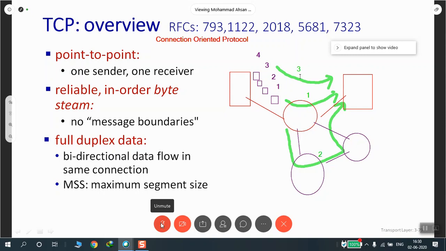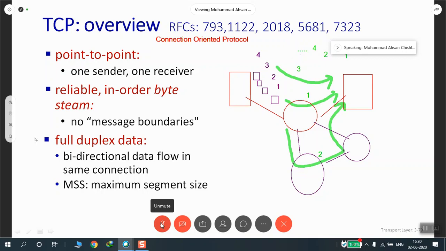In UDP, the packet that arrived here first was number 1. What was the next packet that came? Number 3. Then came number 2. Why? Because 3 came directly, it had a shorter route, so it took less time. 2 had a longer route, it took a long time. So let's say we got 4 and so on.